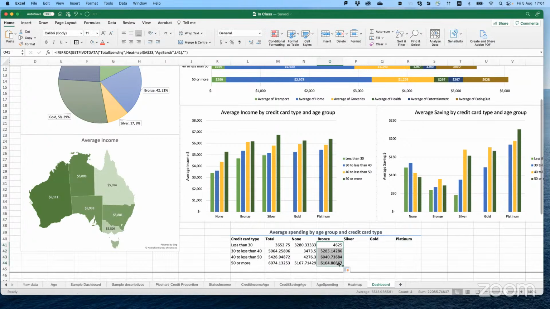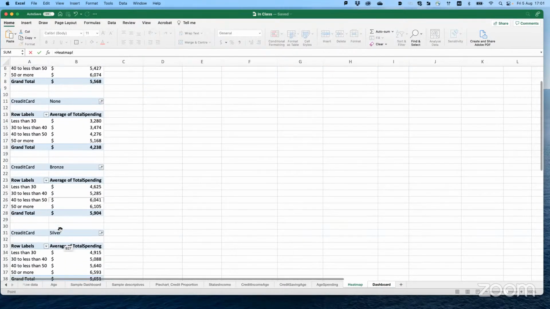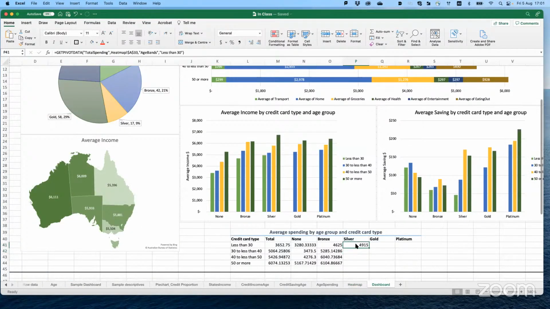Drag it, equal sign, heat map of first silver, enter, and then do the IF ERROR thing. Last part, enter, and drag it.